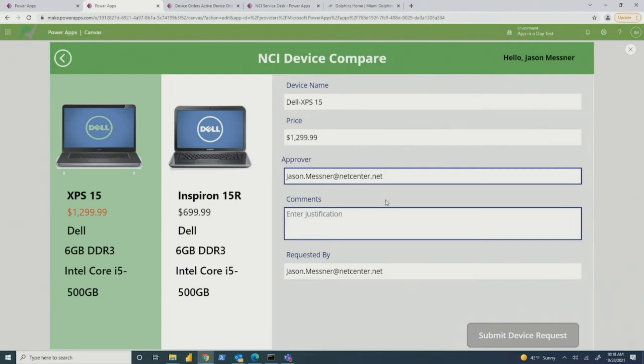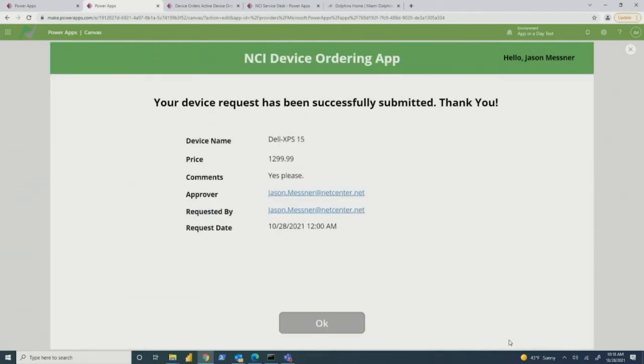Of course, since I'm demoing, everything will come back to me as the approver and the requester. So if we just come in and say, yes, please, give me one, and then go ahead and submit our device here, then this should kick off the process in the background. And then, of course, once it's actually sent the request, as a developer, we can code up